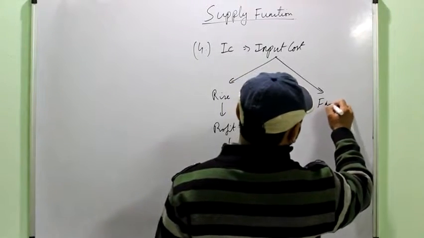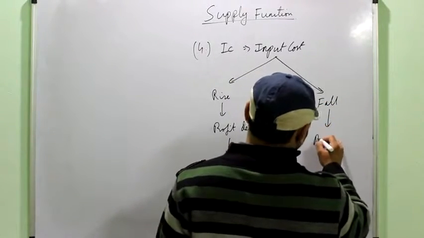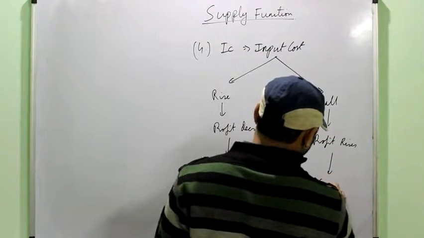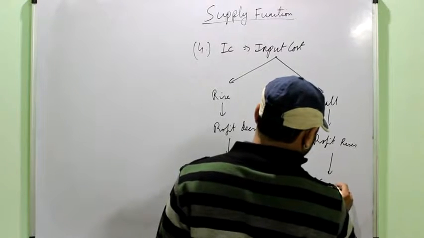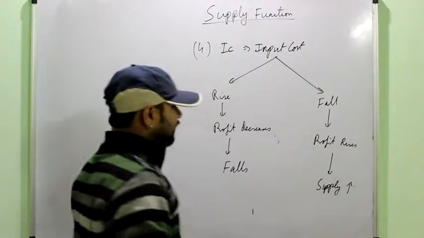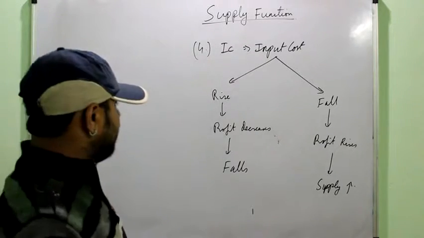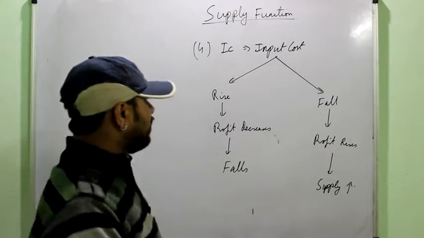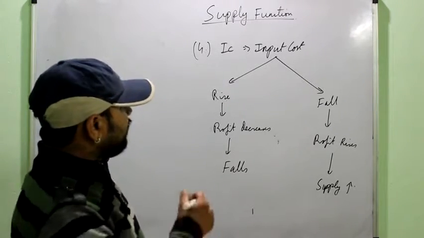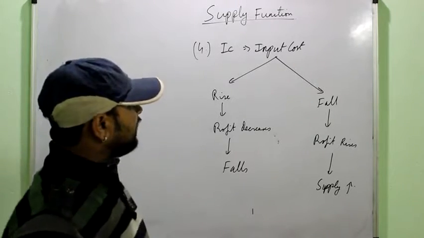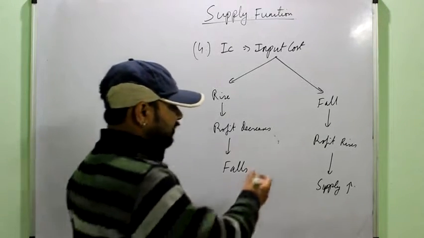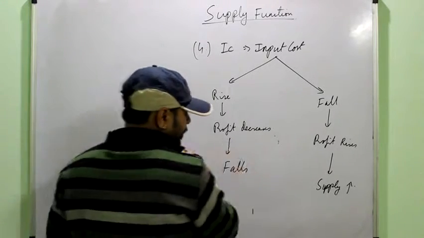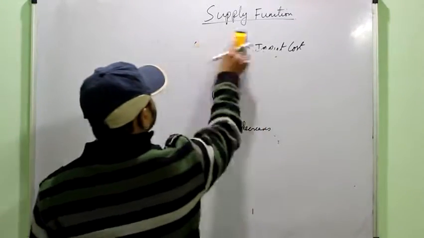While if there is a fall in the input price, profit rises, thus supply also rises. You can simply understand, take the example of wages. If the wage rate increases, the profit of the producer will decrease and he would be ready to offer fewer goods for sale. While in case of fall in the wage rate, the profit of the producer will rise, and he will be willing to supply more units of the particular good. Then next determinant is